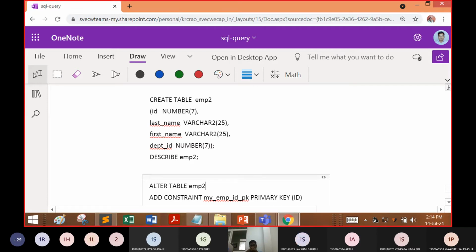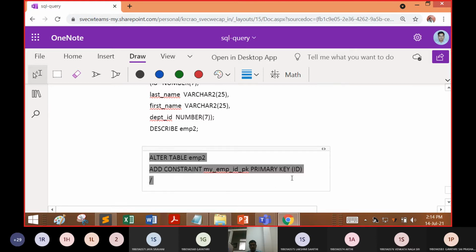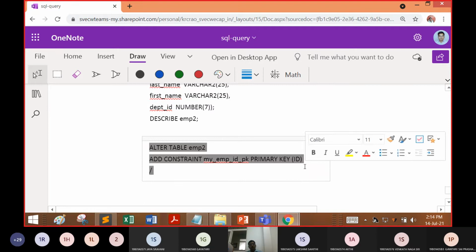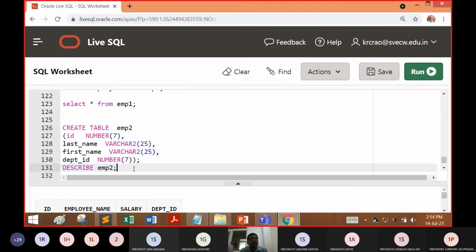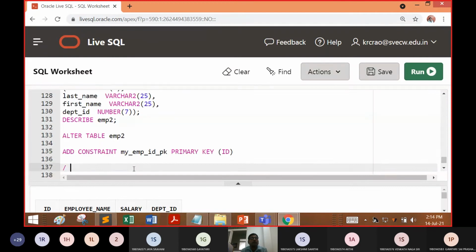So first you should create a table with the table name EMP2. And then it should display ID number, last name with varchar 25, first name varchar 25, department ID, and describe EMP2 means it should display the EMP2 table, sir.